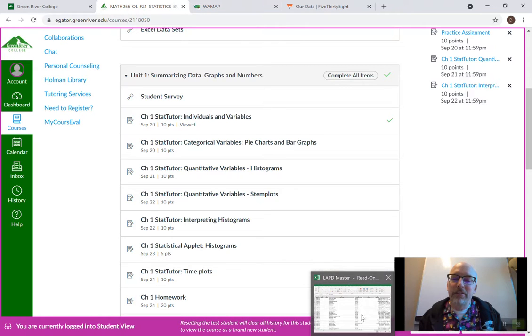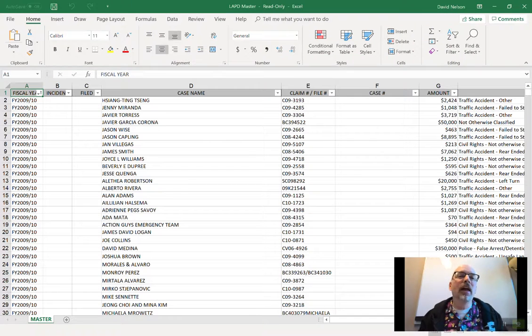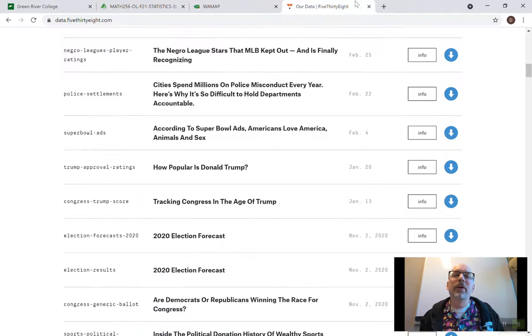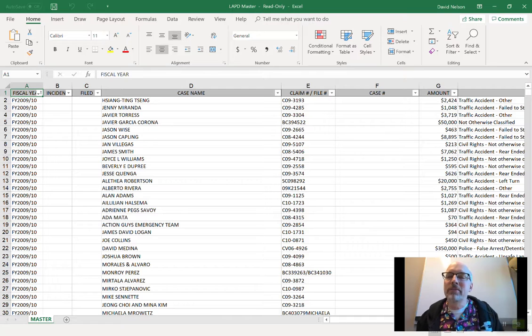identifier. And so I'm going to pull up some data here I found online. This is from the Los Angeles Police Department, and it was data on police settlements. It's all in the news today. So for police misconduct, these are settlements that were paid out by the city of Los Angeles for